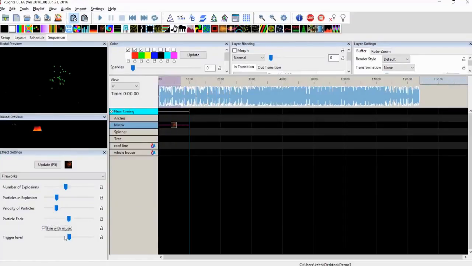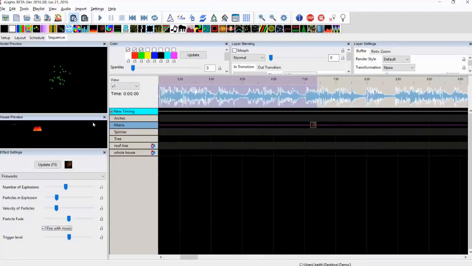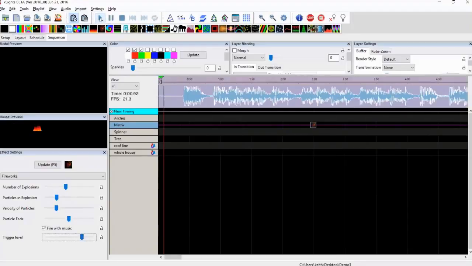Okay, and the way that works is you've got a trigger level here. If you can imagine, we'll zoom in a little bit here. If you can imagine between the midpoint here, which is effectively the 0 point, and the top, this slider is saying when the music gets above that level, I want you to trigger a firework. And if it stays above that level for a significant period of time, it will actually fire another firework. In this case, with this sort of song, setting it a little bit higher might provide a slightly more